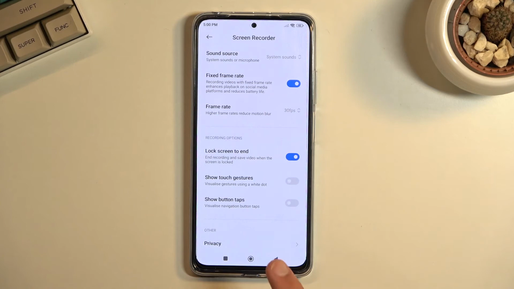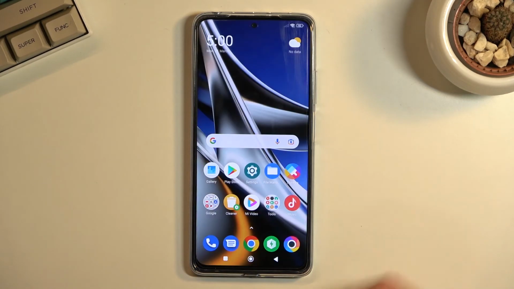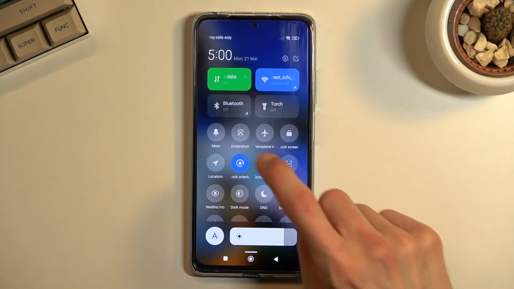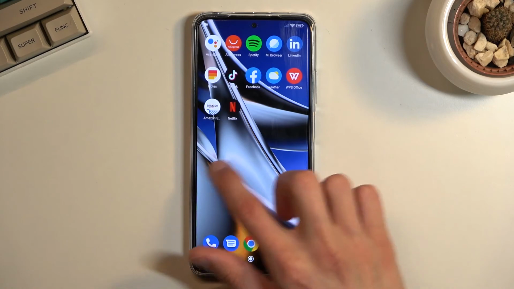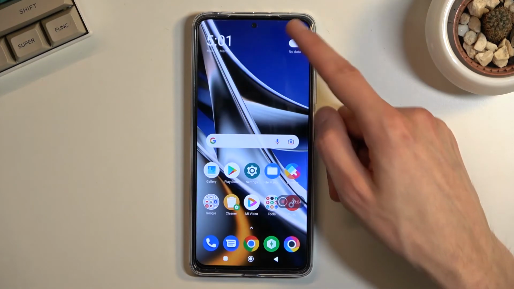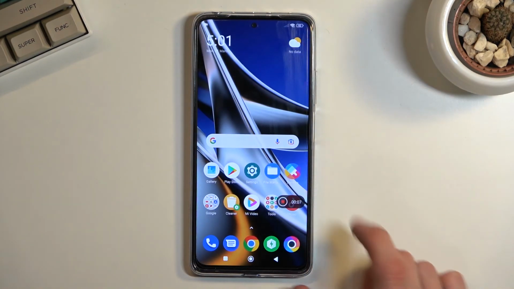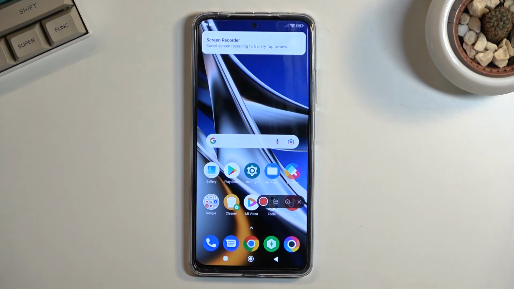So once you went to the settings and customize them to your liking, you can close this, get back to the toggle itself, tap on it, and then tap on the circle to start recording. And right now it will be recording your display. Once you're done with it, you can interact with this overlay right here, select the square, and this will save